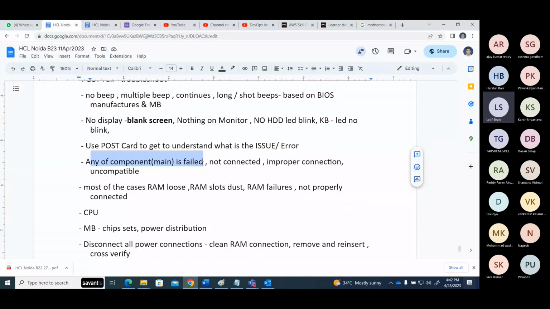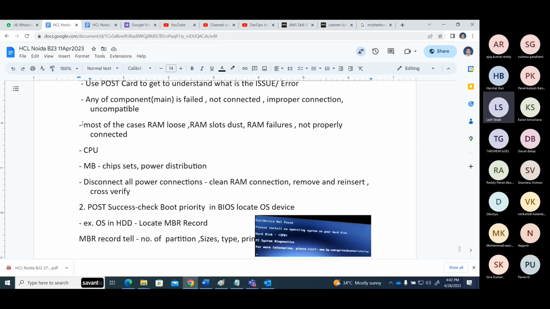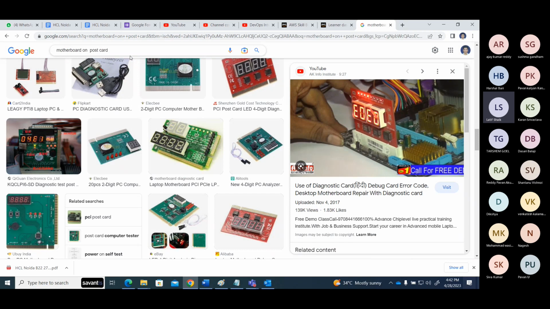Any main component failure, not connected, improper connection, incompatible, so obviously you may get POST related issues. POST is the first step. Mostly we blame the RAM. Why do we blame the RAM? Because RAM is connected